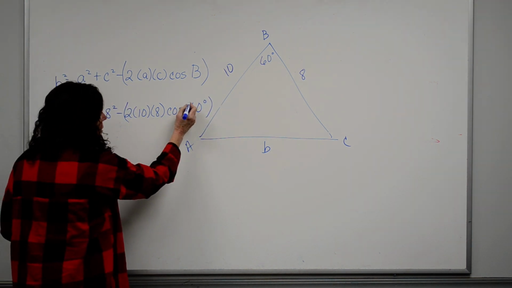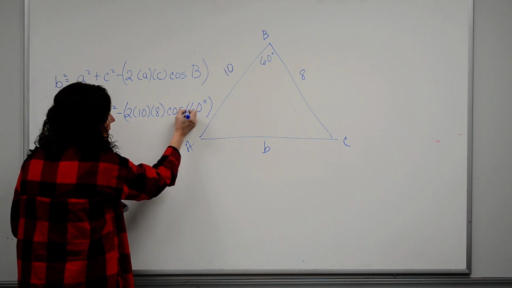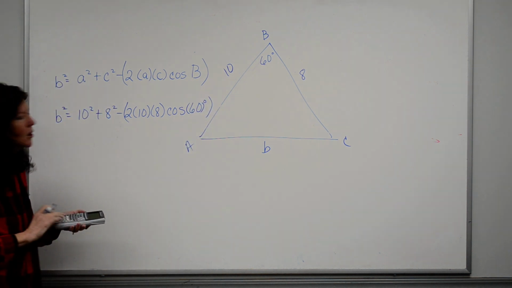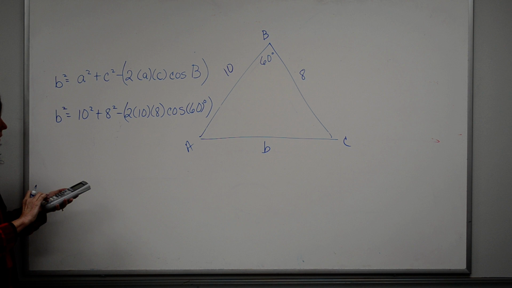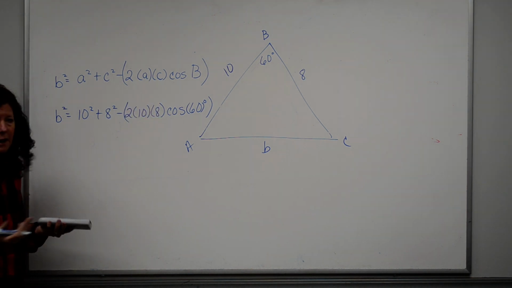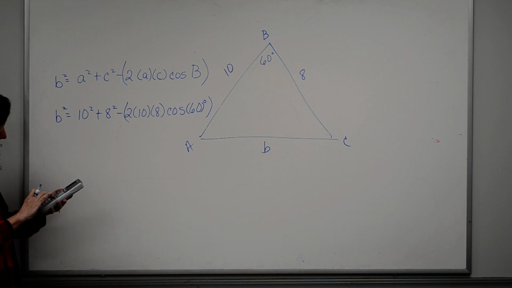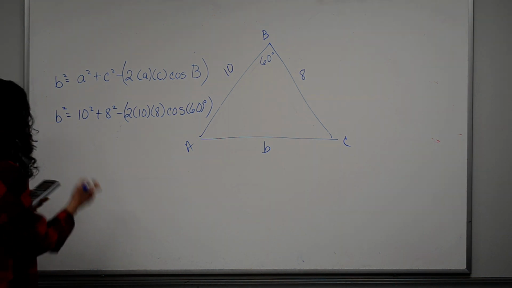Now remember, you don't need all those parentheses. But this is going to give you a beginning parenthesis, so you would put one behind it, and then you would put another one. So I would go 10 squared plus 8 squared minus parenthesis. And if you wanted to, you could do that in your head. That's 160 times the cosine of 60. And it's going to give me